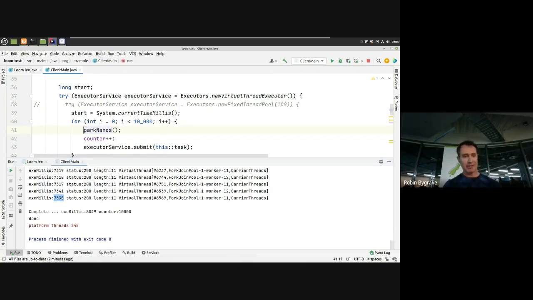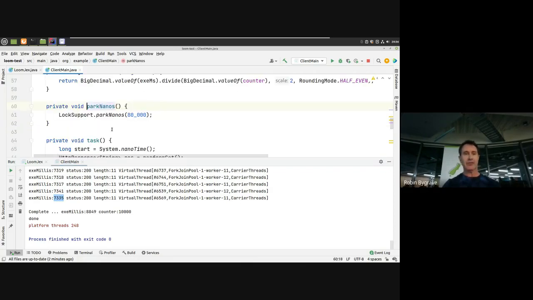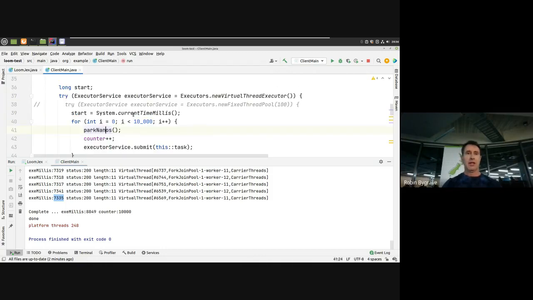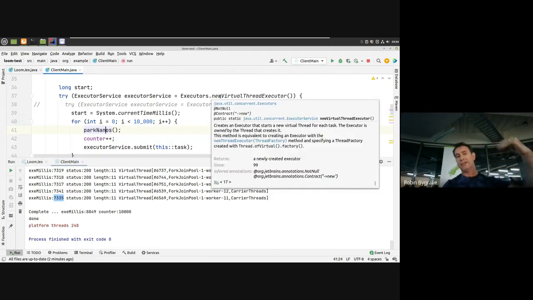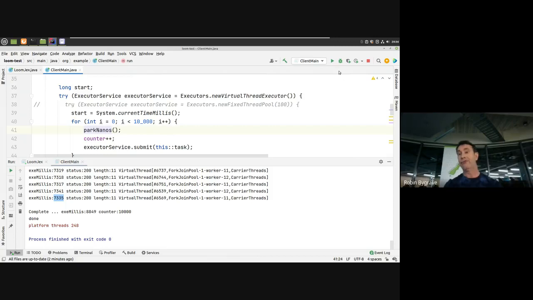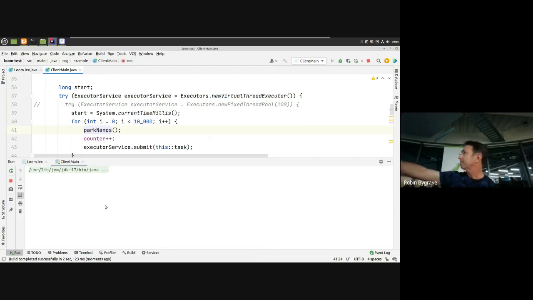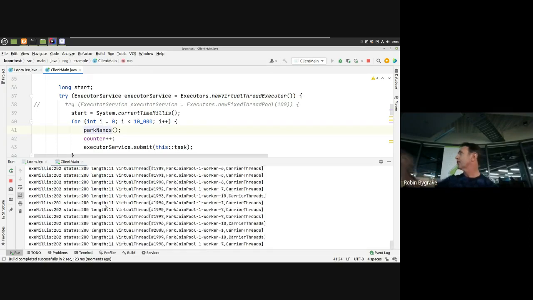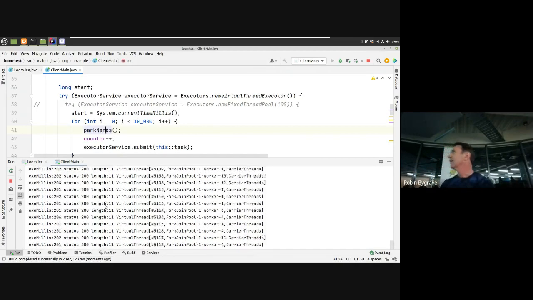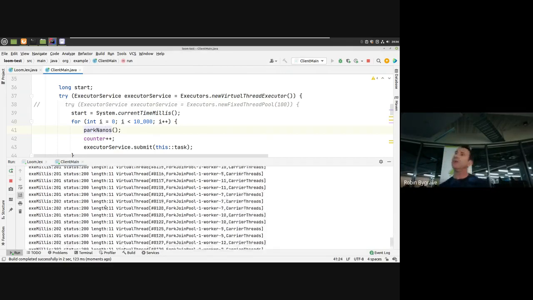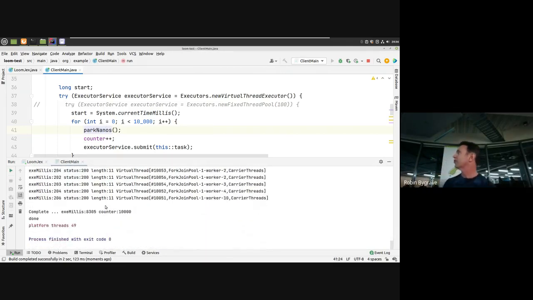What I'm going to do is run this thing. So Park Nanos is literally going to do an 80 microsecond sleep. What we're actually running is a platform thread putting a whole bunch of tasks onto a virtual thread pool. But I want you to watch that left-hand column there. And what you'll see is those numbers are around the 200, right? So that's kind of well behaved. That's what I hope a demo would show. But it doesn't when I